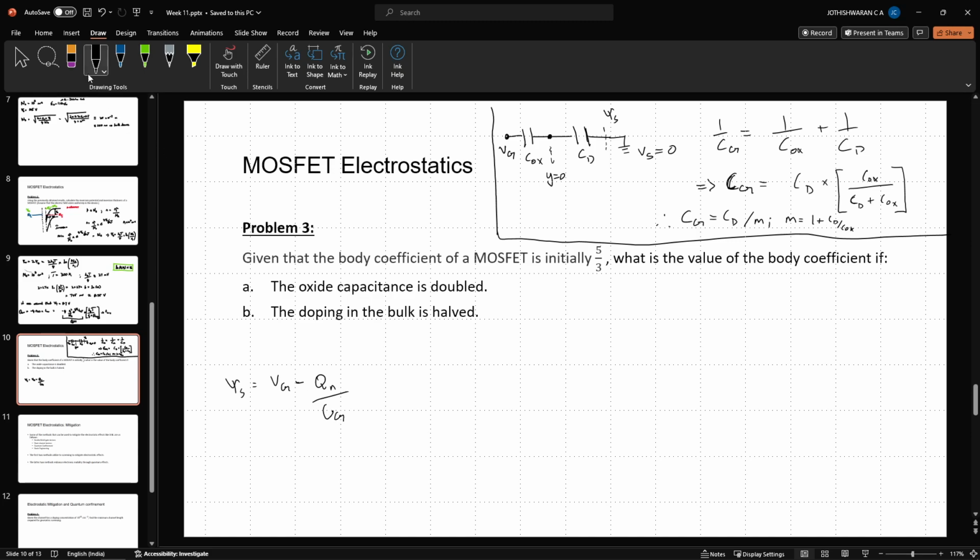So this is essentially what happens. There is a potential drop over here, and because of that, I have a Q in the device divided by Cg. Now, as Cg becomes smaller and smaller, this voltage drop becomes larger and larger,